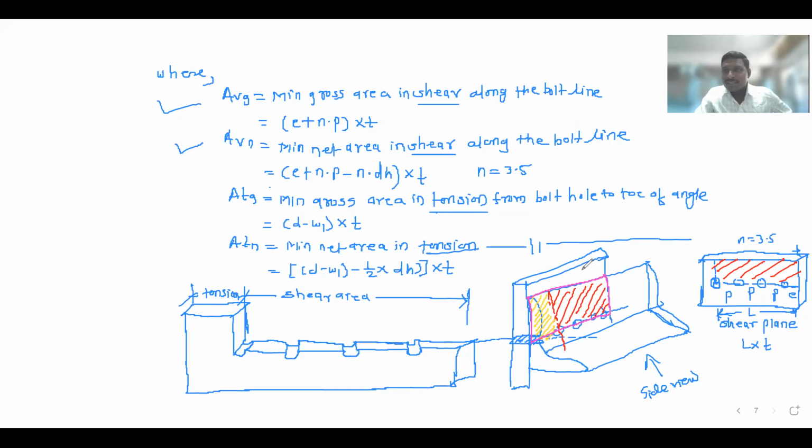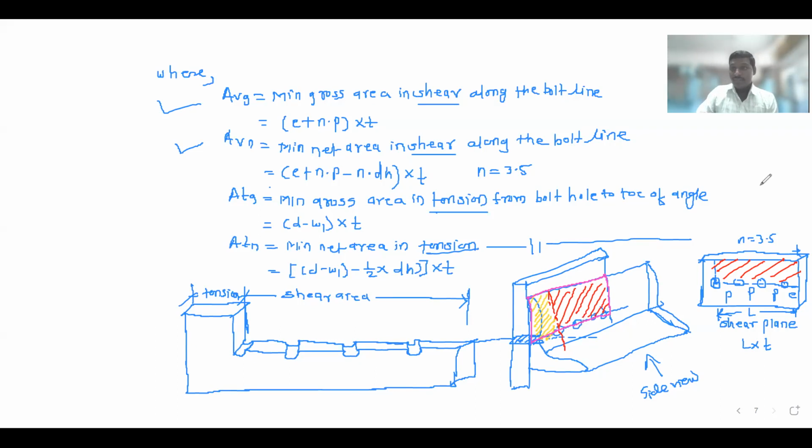मी काय म्हटलंय? सेंटर मधून पकडलेला अर्धा बोल्ट. अर्धा बोल्ट हा टेन्शन मध्ये जातोय, अर्धा बोल्ट हा शियर मध्ये जातोय. So in shear, 1, 2, 3 bolts are there and this is the half bolt. So half bolt is going to tension. पहिल्या रो मधला जो हाफ बोल्ट आहे हा टेन्शन मध्ये जातोय, हाफ बोल्ट हा शियर मध्ये येतोय. सो 1, 2, 3 मेन होल्स इकडचे आणि ज्याच्या सेंटर मधून गेलाय त्यातला अर्धा, असं किती बोल्ट, किती N झाला हो?